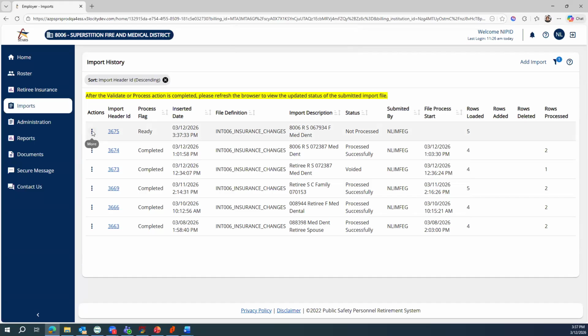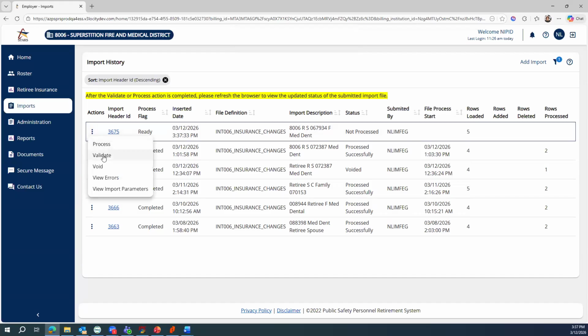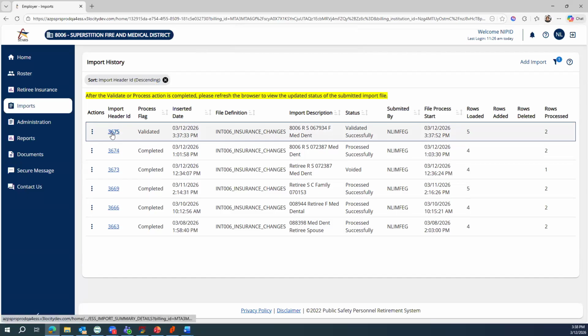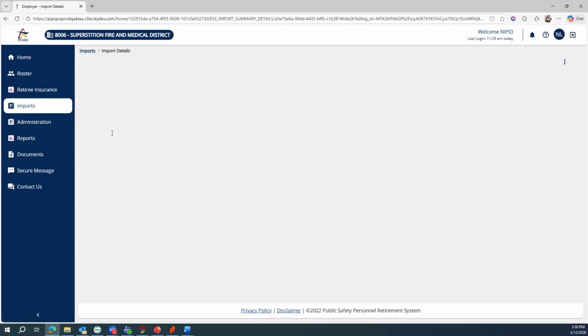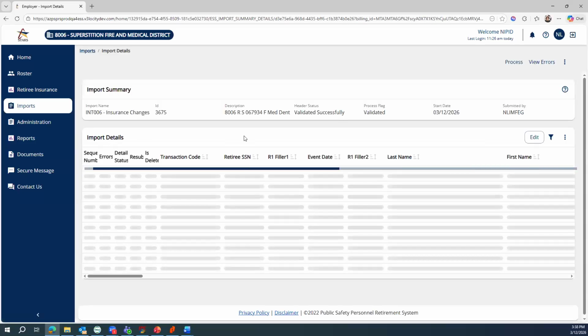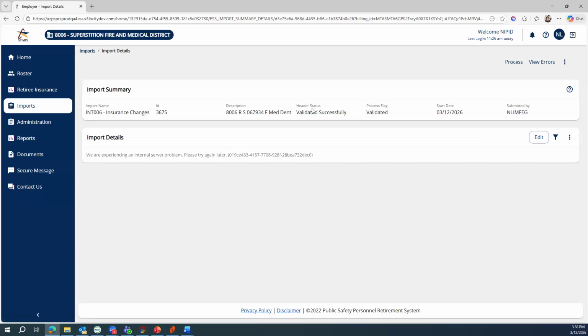So our next step is we're going to validate the report. So go and click on that, get that going. And it's, again, a very small file, so it's already validated and validated successfully. So I'm going to go ahead and click on the ID here. And it does show us that it has my description in here that I put. It's validated successfully. Unfortunately, with it being the test database, not everything is perfect, so we don't have that import